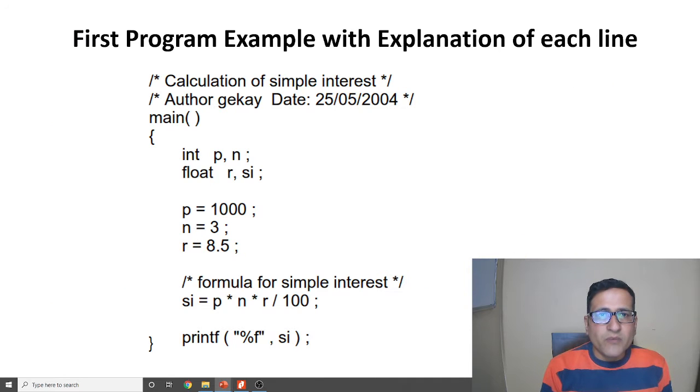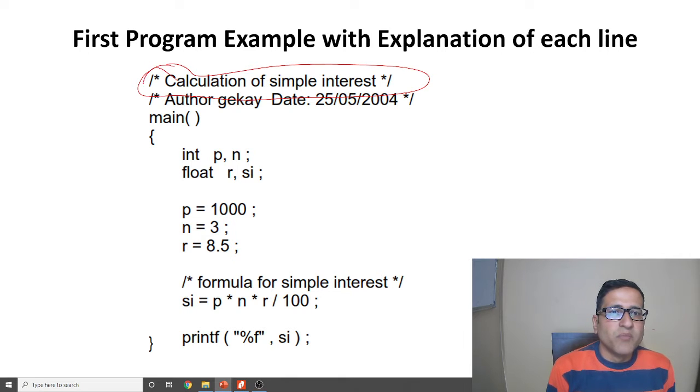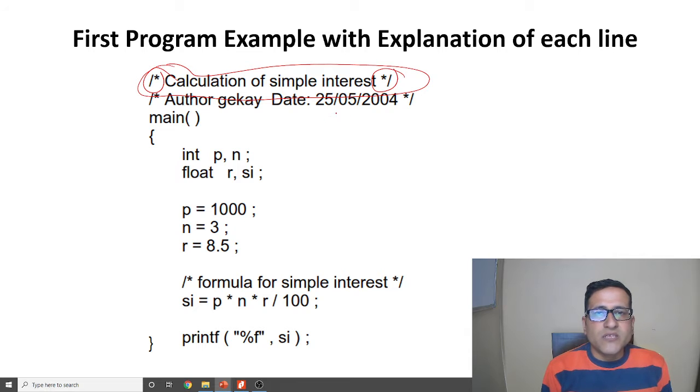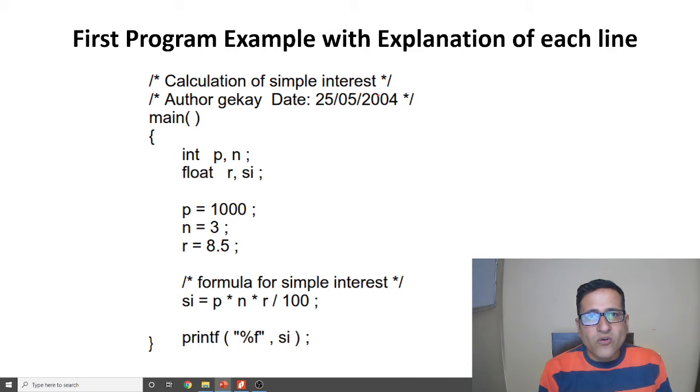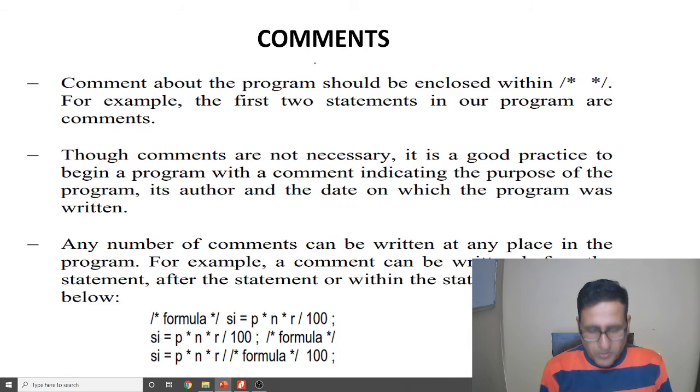In this program you can see this first line. This first line has symbols like this and this. This is for the commenting purpose. So let's see what are these marks. You can see these marks here. If we want to write some comment, then we will enter that comment in these symbols.